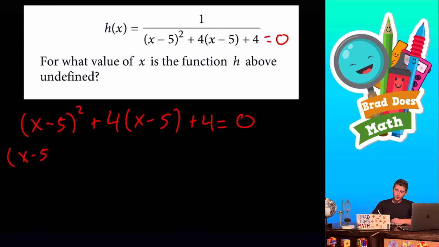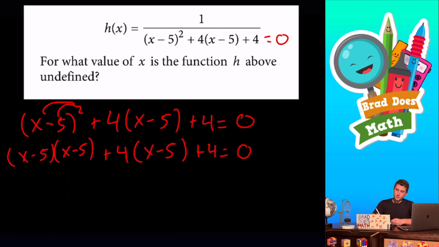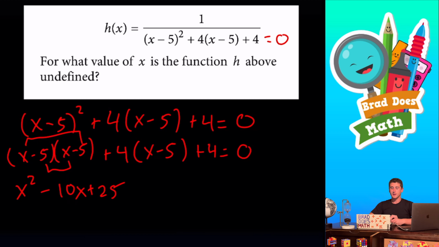This needs to be FOILed, x minus 5, x minus 5. I see a lot of kids make a mistake, and they just distribute that squared, and they just get x squared plus 25. But notice when you FOIL correctly, you do get x squared, and you get 25 as well, but the outsides and the insides get you negative 10x, negative 5x, and negative 5x. So if you distribute that squared, you are missing out on that term, and you're going to get the problem wrong. So distribute that 4